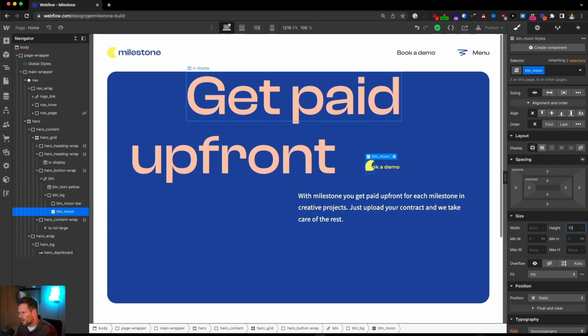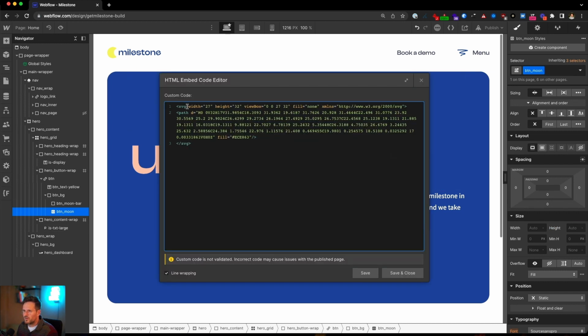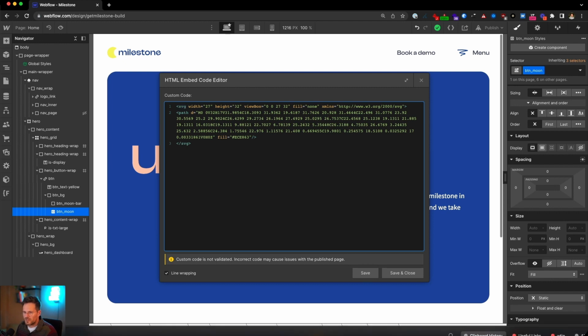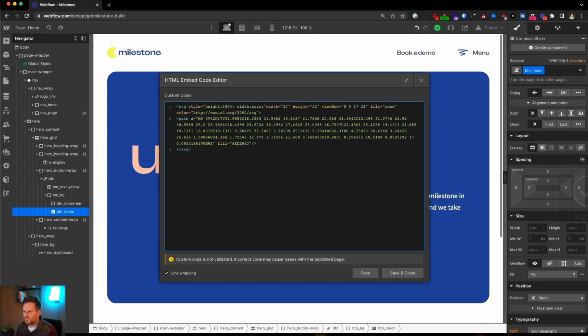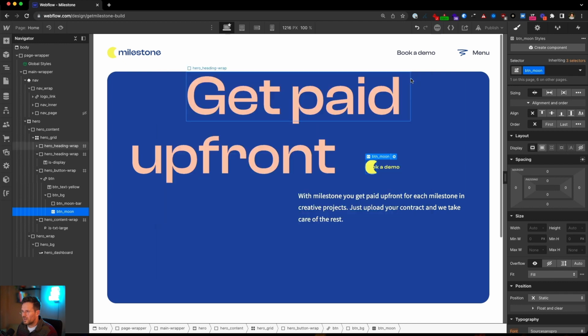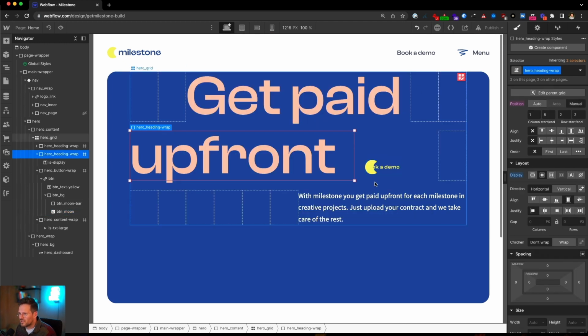Usually you would try to give it here something like 100%, but it doesn't react on it. It's not reacting on it because you have width and height set here and you have a view box set here. But you can override this with some style settings. Something like this here, style height 100% and width auto, and this should work. Yeah, now you can see it works.